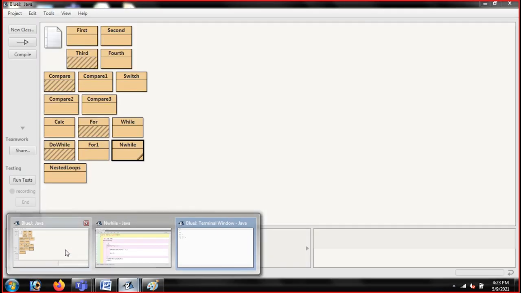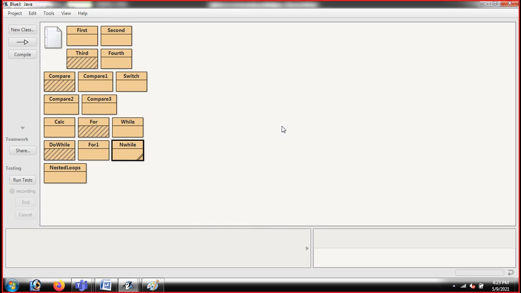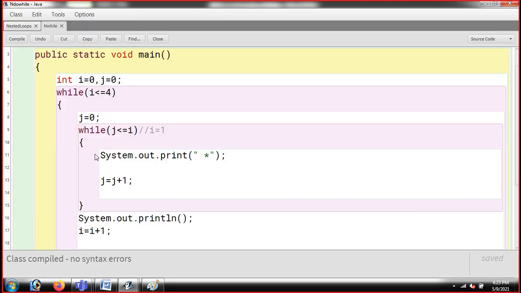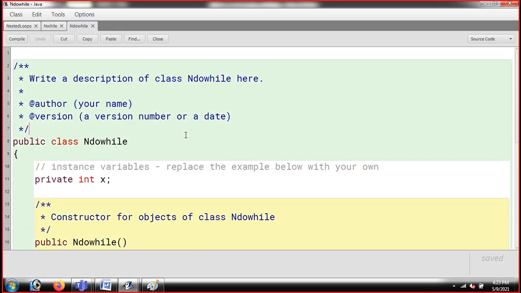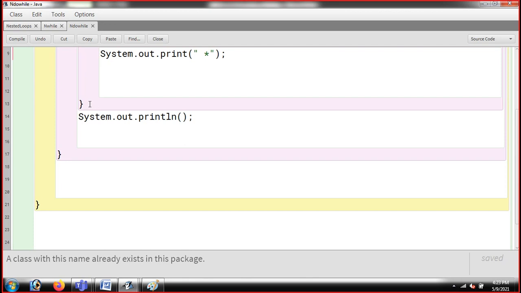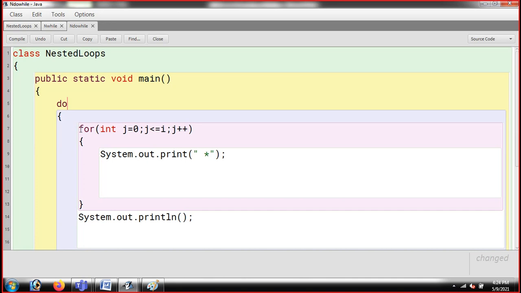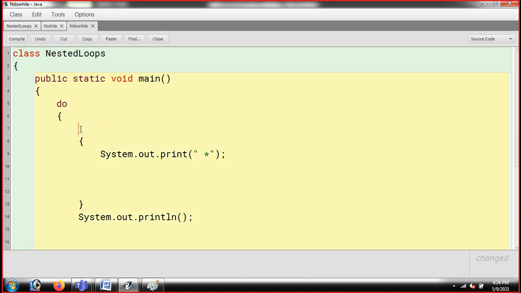Again, I'm coming back to my main screen, and right now I'm going to do the same thing with a do while, so that you will have a perfect idea of how to write nested do while, nested while, and nested for. So I simply write here do while. This is my program. Here I'm just going to paste my old code, and I'm going to transform my entire code from for to do while. This is my for loop which I have copied. I'm going to make it do while. Everywhere we just have to write do. So I'm just going to write here do.